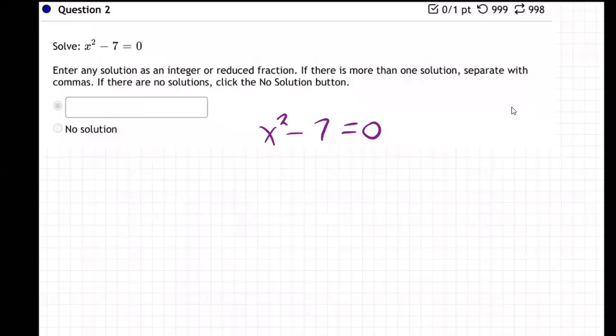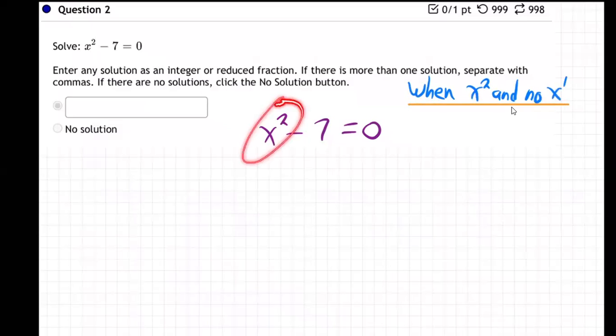So I'm going to write out some steps here. When we have x squared and no x to the first, you notice that that's the scenario here, right? We have an x squared and then we just have numbers, no x to the first power anywhere. We only have x squared and no x to the first power. What should we do? Number one,